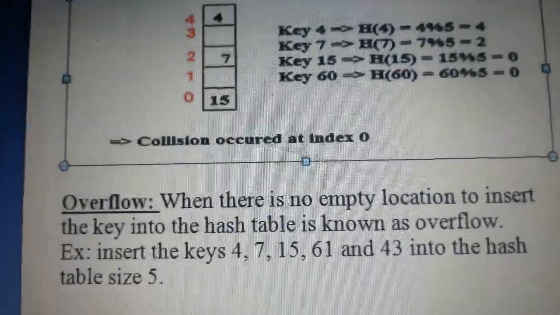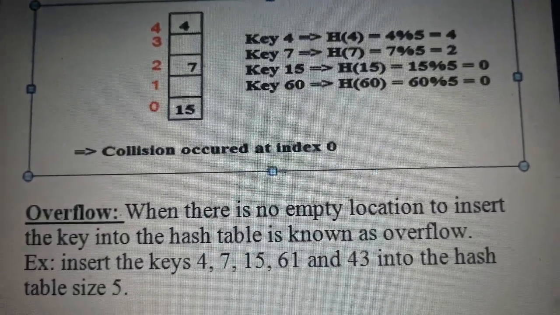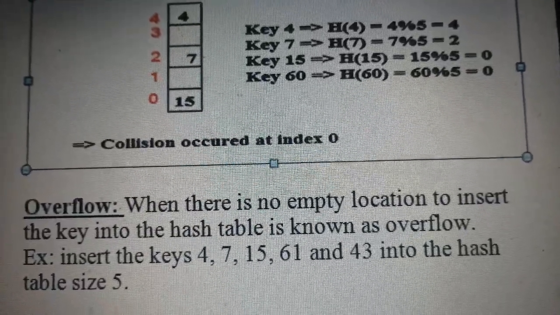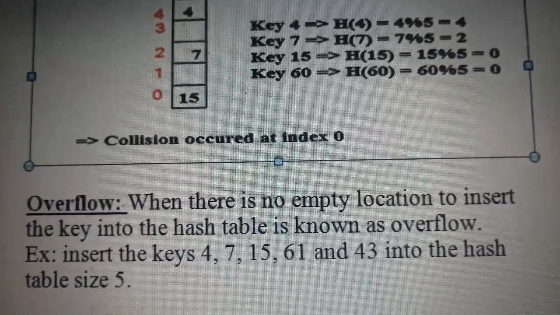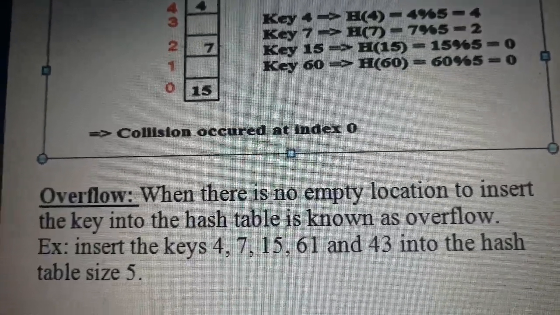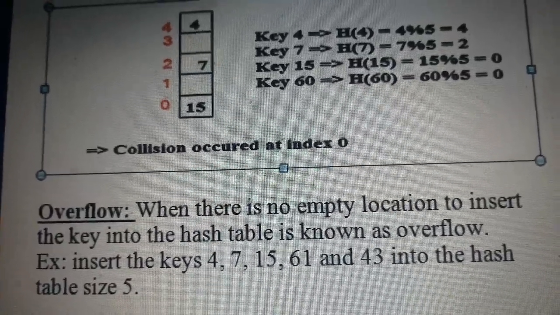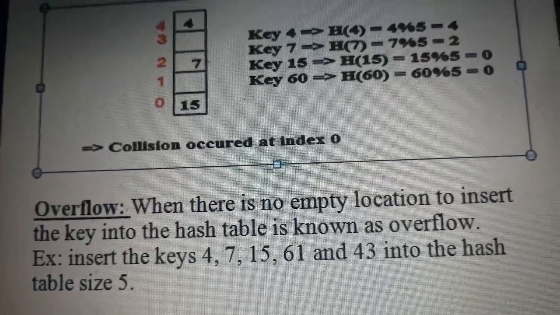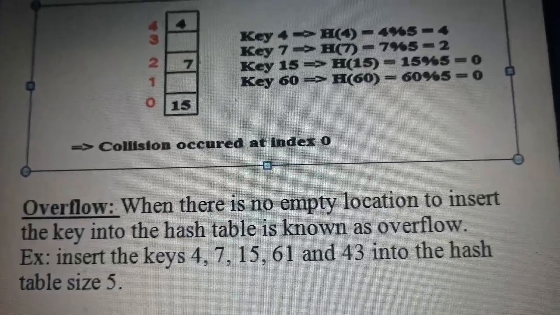As we know, if more than one value occupies the same index, that is called a collision, and to avoid this collision we follow the collision resolution techniques, which we already discussed in our last video session. With this, one part of this fifth unit will be completed. We have two more concepts which we will cover in the next videos.